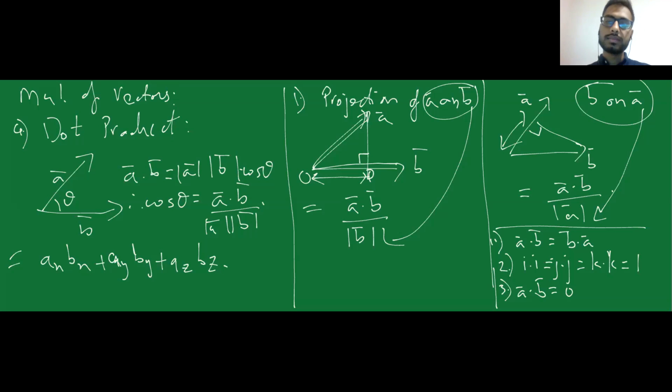If I say that my dot product is 0, formula for my dot product is this, AB cos theta. So that means if A bar and B bar are two non-zero vectors and still my dot product is 0, then the angle theta should be 90 degrees because cos of 90 would be 0. If angle between A and B is 90, which means A bar is perpendicular to B bar. So remember this important condition that if my dot product is 0, then the two vectors are perpendicular in nature.